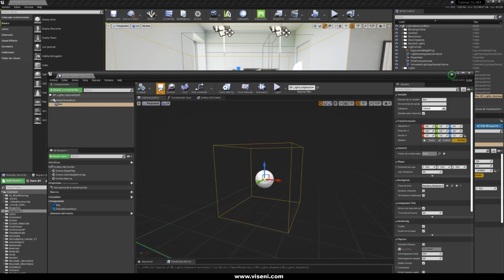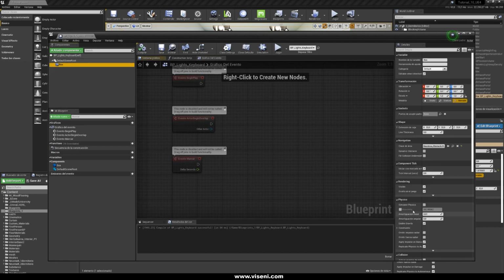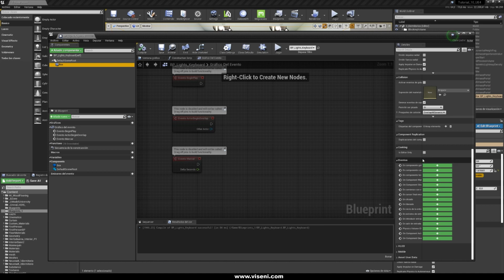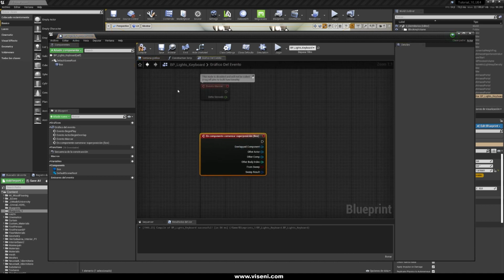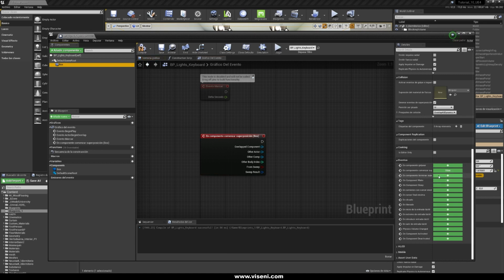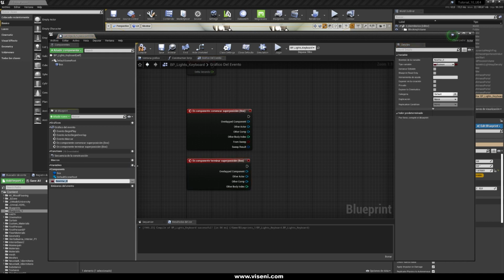Okay, and now let's make our interaction. So we go to our event graph, we check our box collider, and now we add our first event, this one, begin overlapping, and we do the same with our finish event, this one, end overlapping. Okay, so now what we want to do is add a new variable, and we name it, for example,